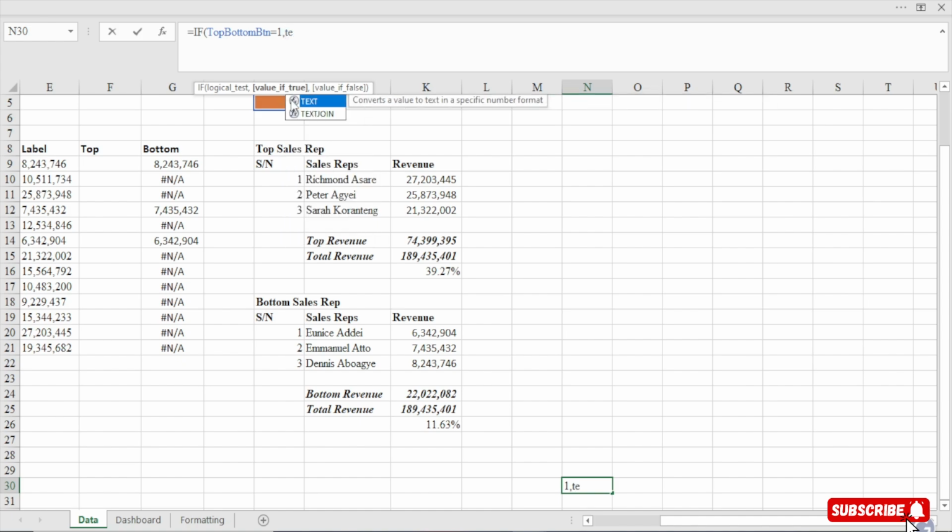We are going to use a TEXTJOIN function. The first argument is the delimiter. The delimiter is going to be the space. So we bring in our double quote with a space in between, and then we skip the ignore empty, so we bring in a comma to skip it.